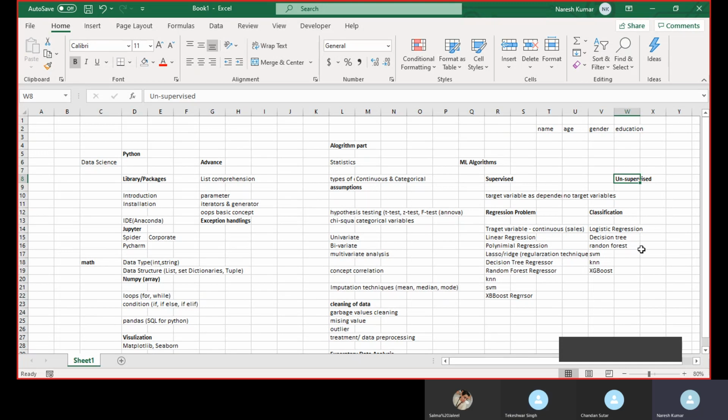Now coming to unsupervised. When we don't have any kind of target variable where we have to do some sort of prediction, at that time we use, for example, customer segmentation. You want to start some kind of campaign, and you want to understand what group of customers you need to give that offer to. For example, Flipkart is going to launch a campaign.